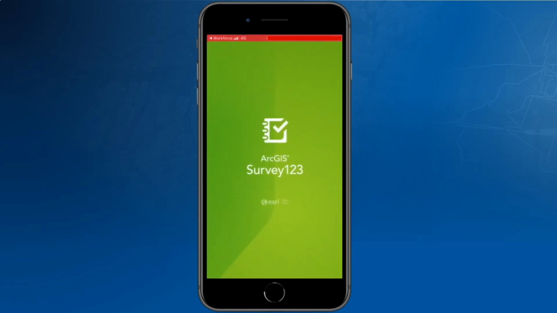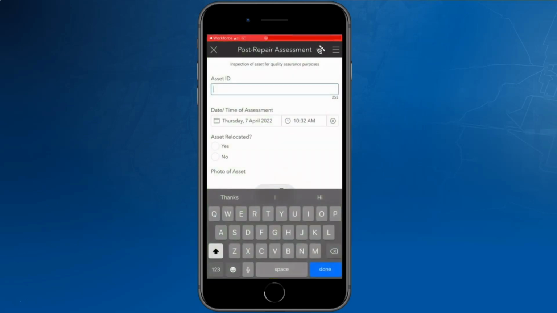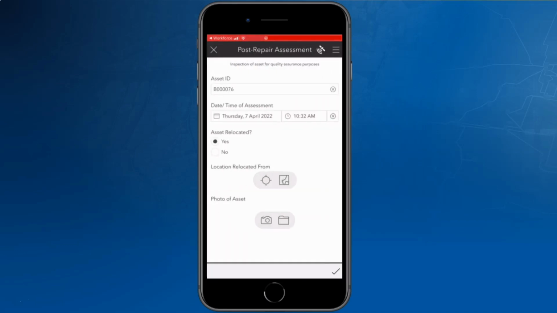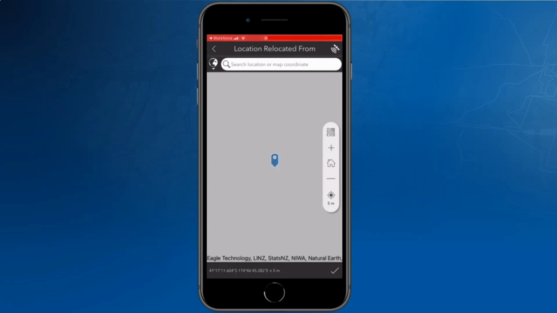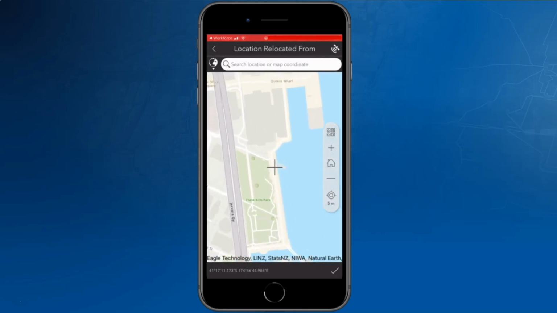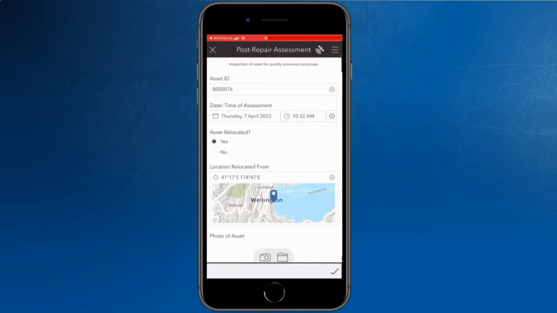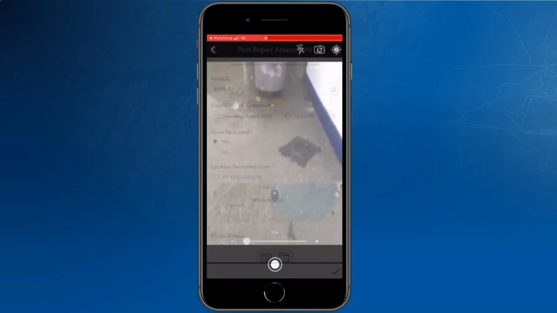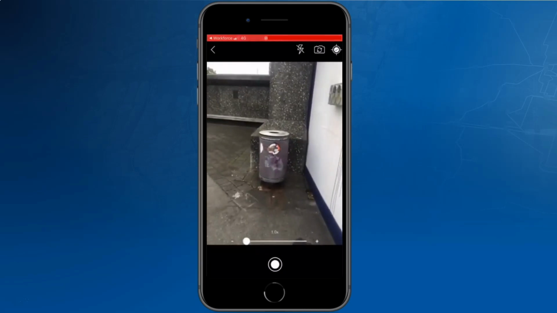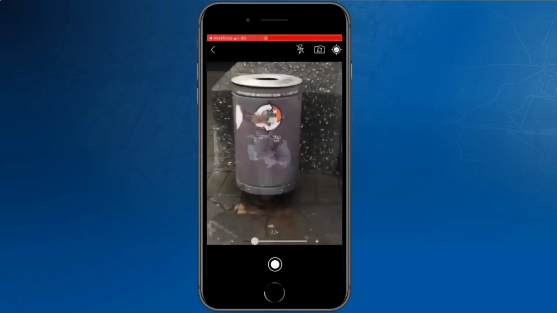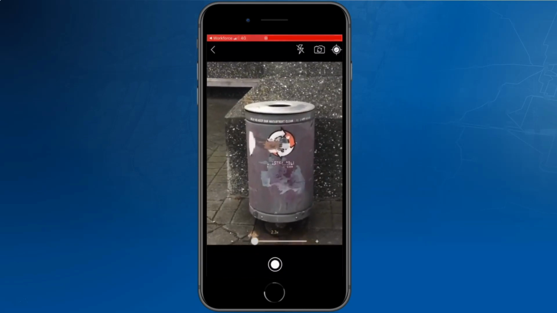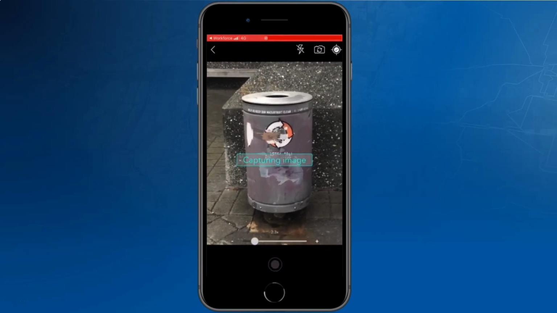My final task takes me over to the other side of the harbour to perform a check on recent repairs to another asset that's been an issue. For this task, I'm using Survey 123. This is our form-centric data capture application, and you'll notice recent enhancements that have been made to the GeoPoint capture. In the past, there have been challenges with users submitting with a default location, with many records appearing off a certain island of a certain continent in the middle of the Atlantic. This has been resolved by users having to enter in a location.